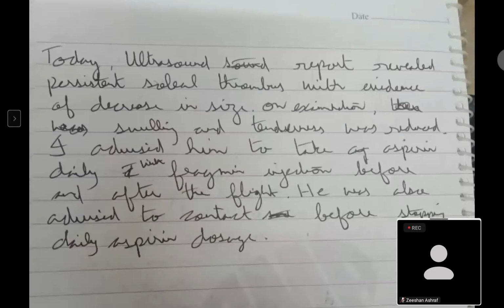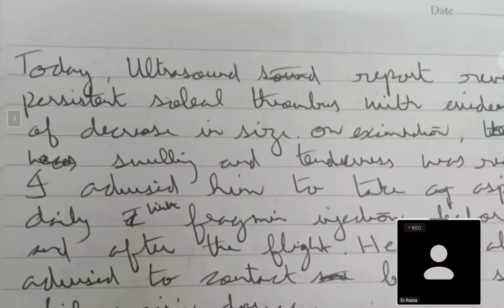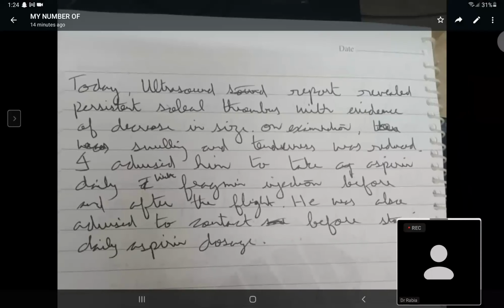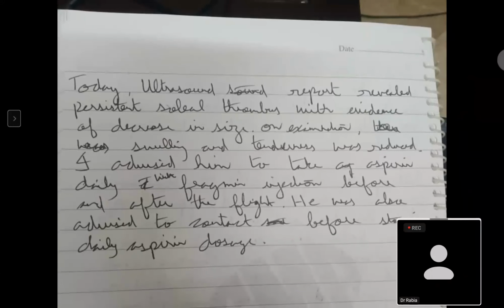Is there any E in this spelling? Dr. Rabia, are you there? Yes, ma'am. Please pronounce your E's, your words, right? I have almost the same writing. I have the worst writing, but just for my OET exam, I made sure that I pronounced and I emphasized and I embossed on my letters, on my words. Okay? You understand that? Otherwise, it's good.